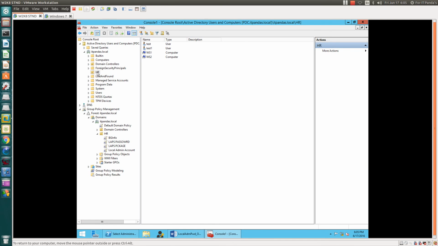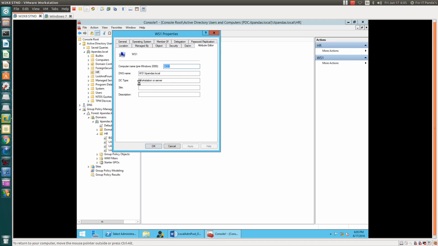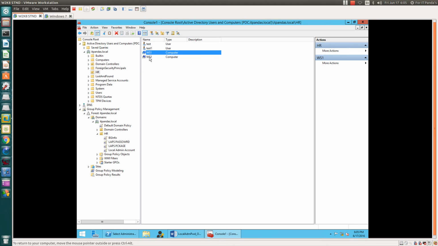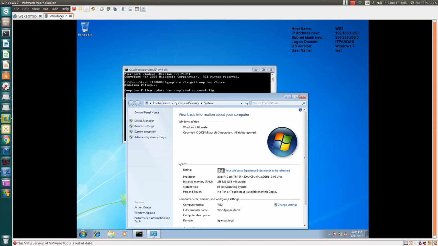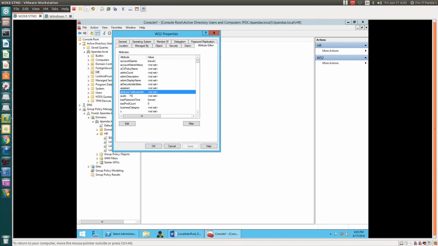You have to find that specific computer among thousands of computers whose password you want to know. Then again you have to go to properties, attributes, and find the ms-mcs. Just type ms-mcs. There is no workstation added here, we just added workstation 2, so it is not here. So you have to go here and find the attribute ms-mcs.